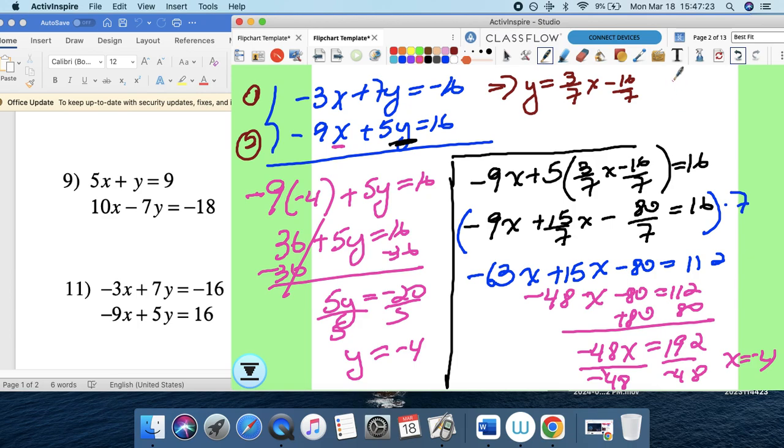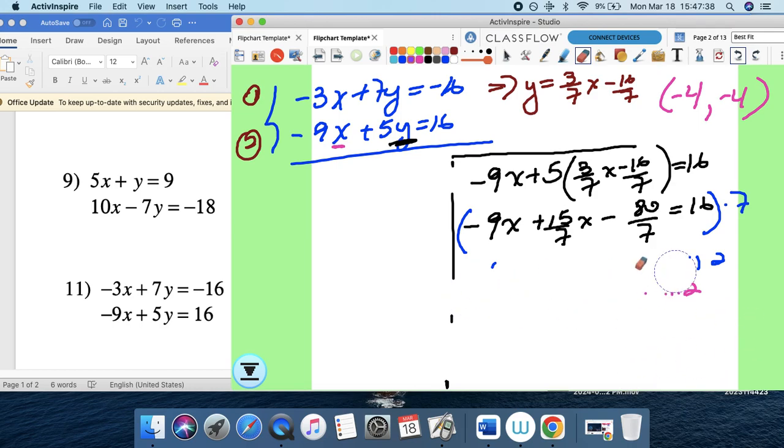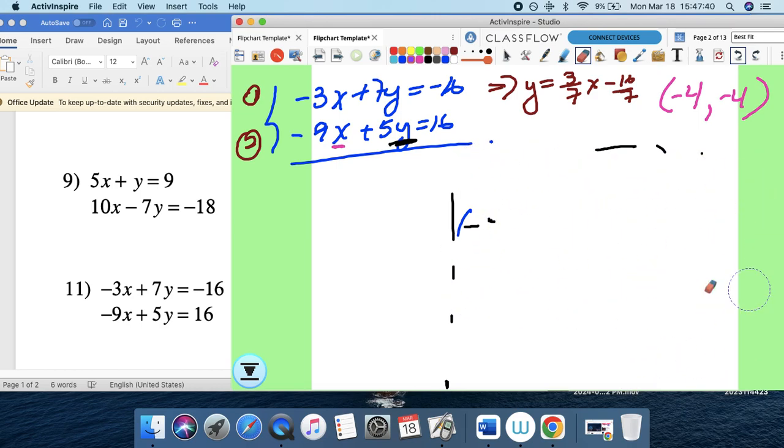So the answer to this problem, or the point of intersection of these two lines, is negative 4, negative 4. It's the only point that satisfies equation 1 and equation 2. So now I'm left with a check. So I'm going to erase everything here. Right? So we don't need that. Well, you can always use the rewind